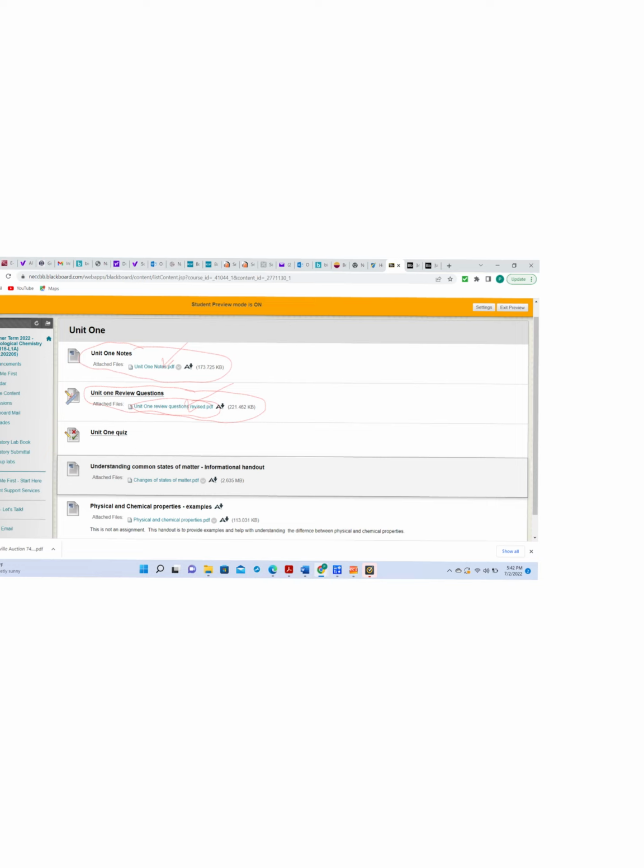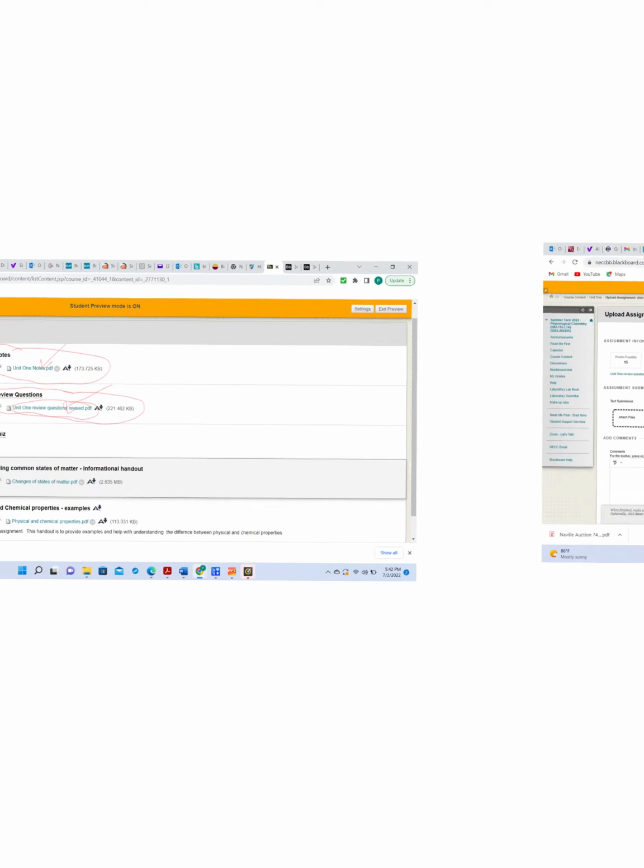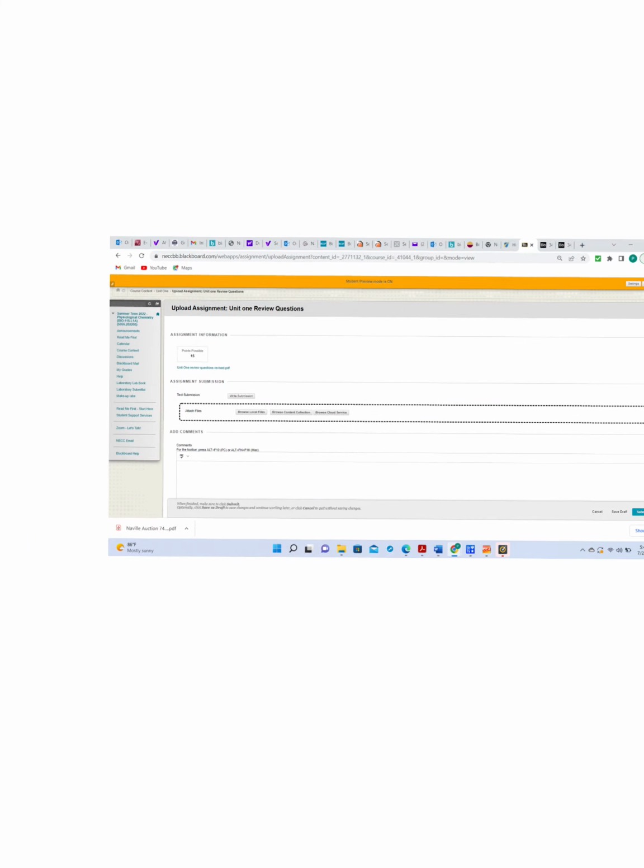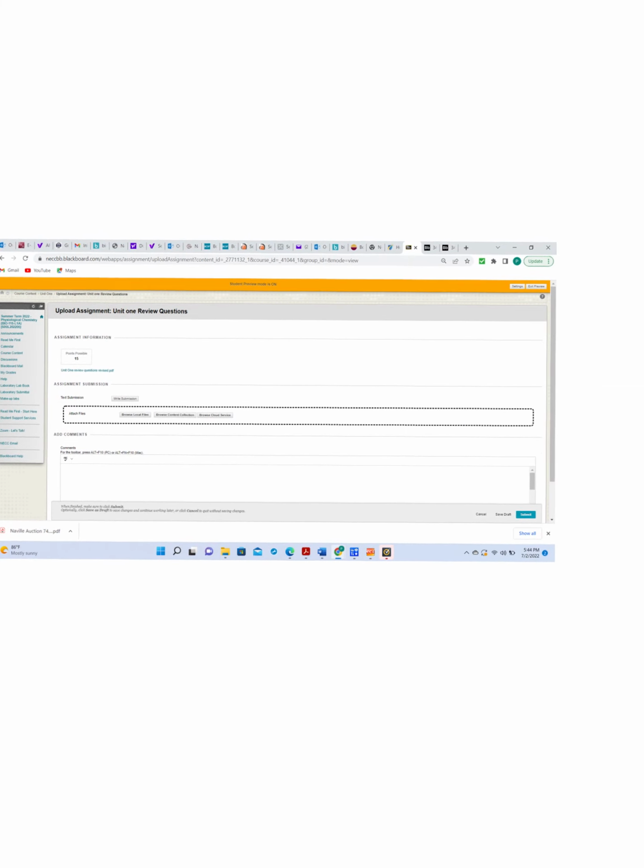If you click on this link right here, that will open up the questions for Unit 1. It's a PDF. You can write the answers for the questions, and then when you're done, you can do a screenshot. You can save it as a PDF. You actually can save it as a PDF if you have an iPhone. It's very easy to do. And then when you're done, you want to submit it, and they're worth 15 points apiece. So for each one of them, this one's worth 15 points. Some of them may vary, but